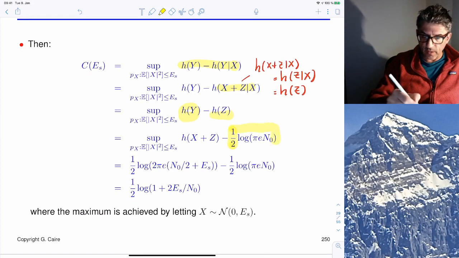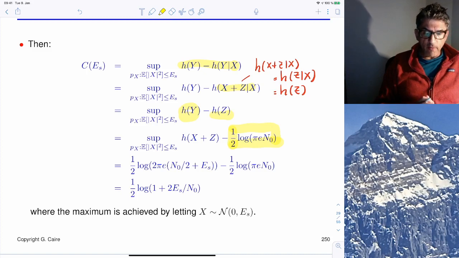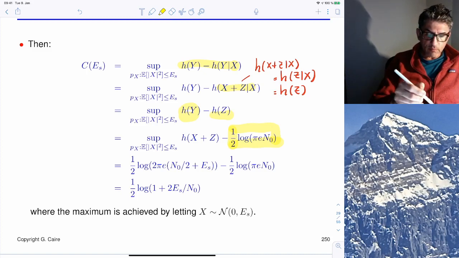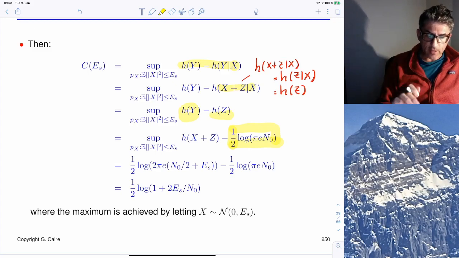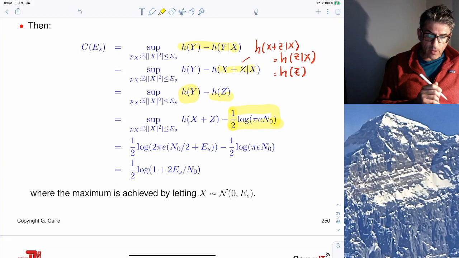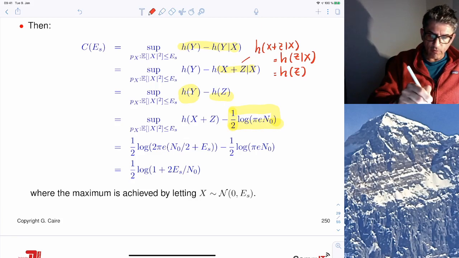This is just the differential entropy of the noise. So our maximization problem reduces to find the distribution of x with constraint second moment such that the h of x plus z is maximum. And now we know that if h of x plus z,